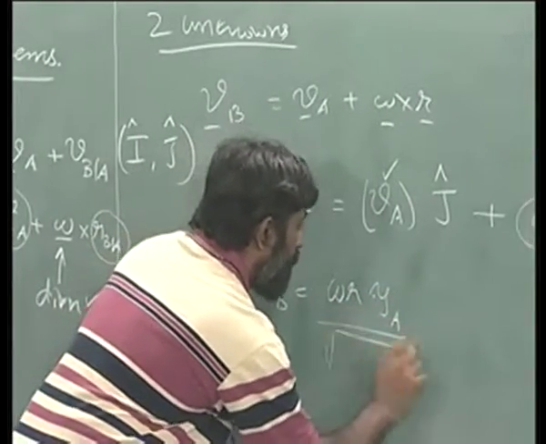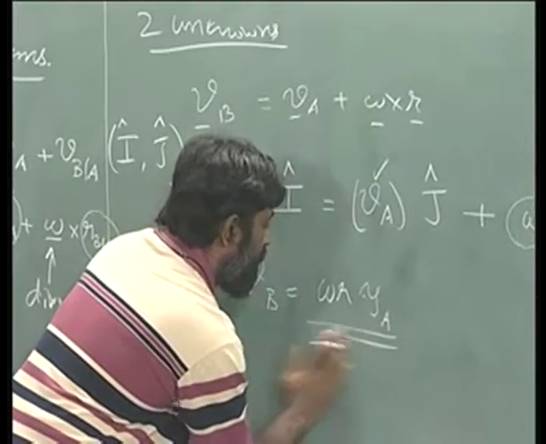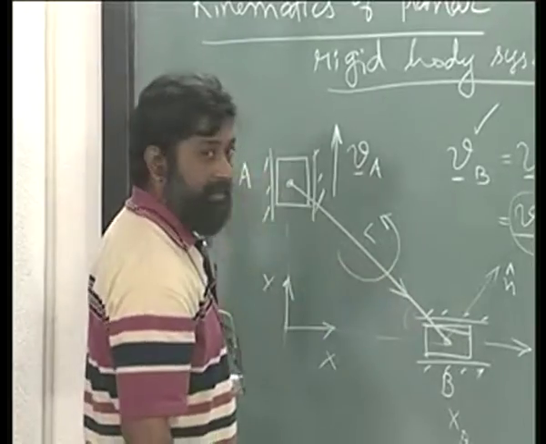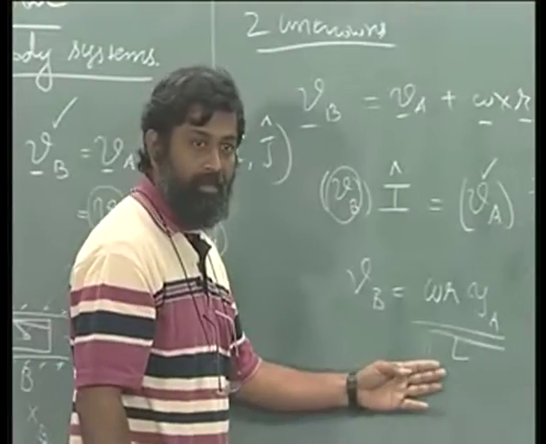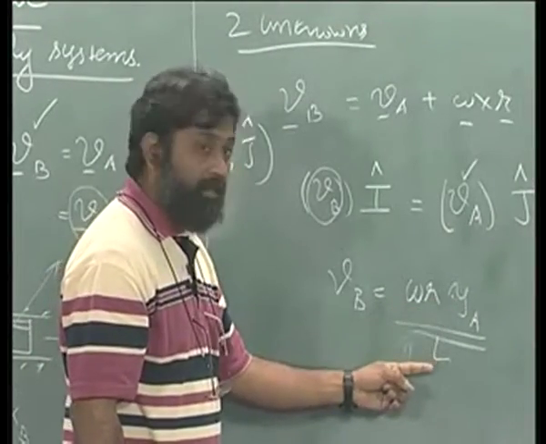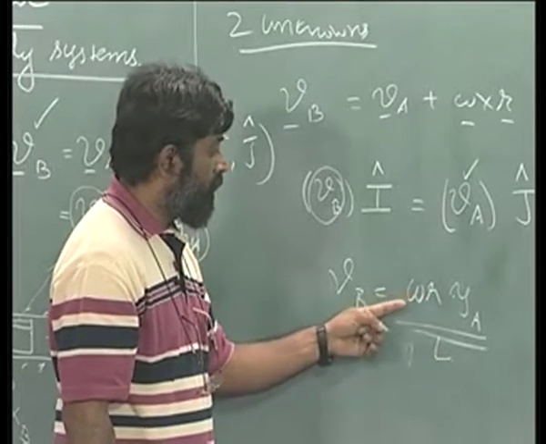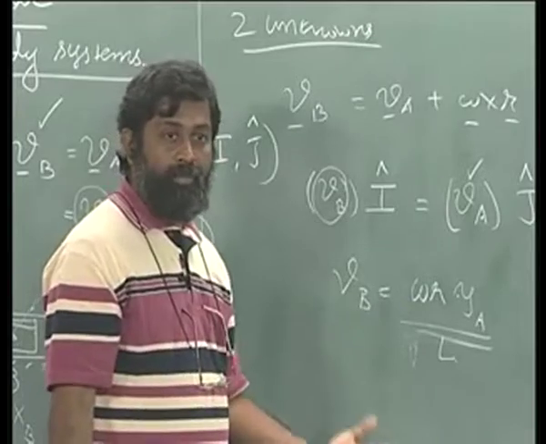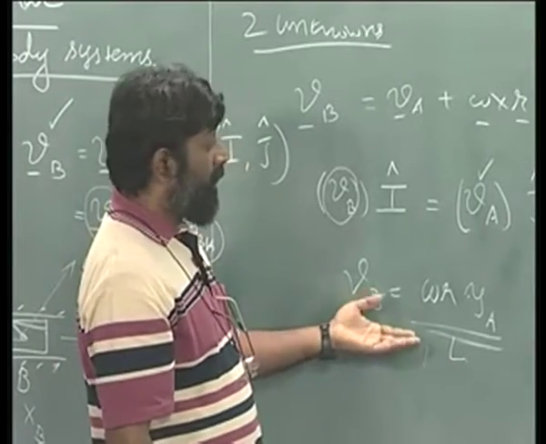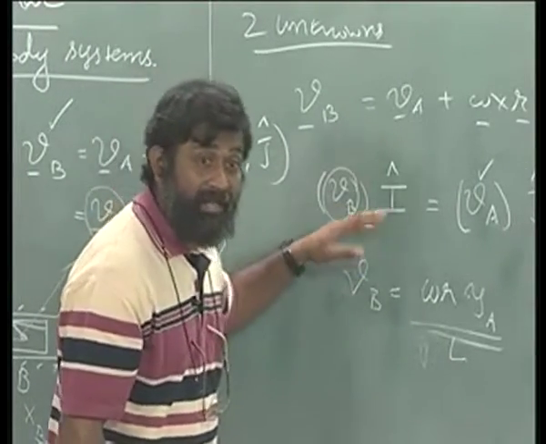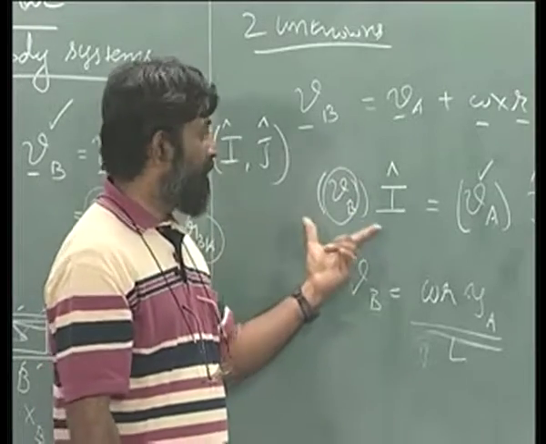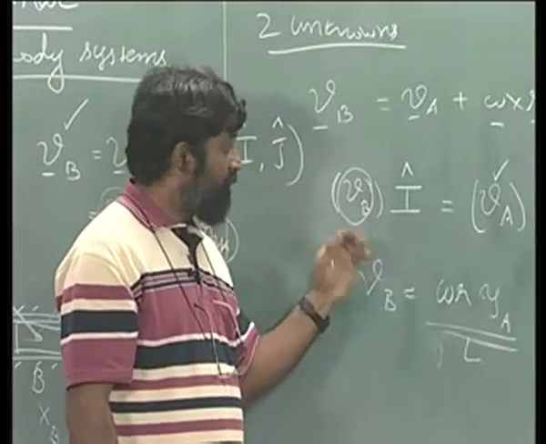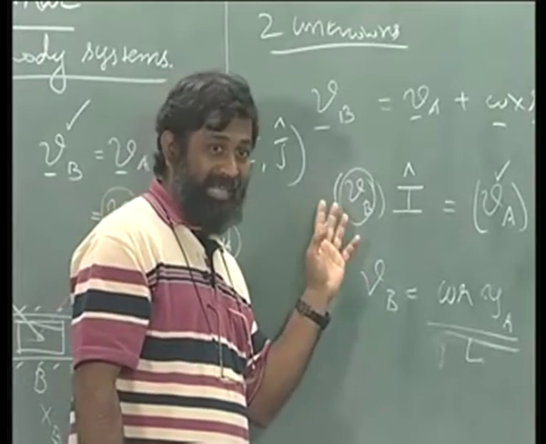divided by L, let me just call this as L, okay. The total length is L, alright. Now ya is known, L is known, R is known, so Vb in terms of omega is what we have here. But on the other hand, if I had taken the other equation, remember the J component is missing over here, which means I will be devoid of B.